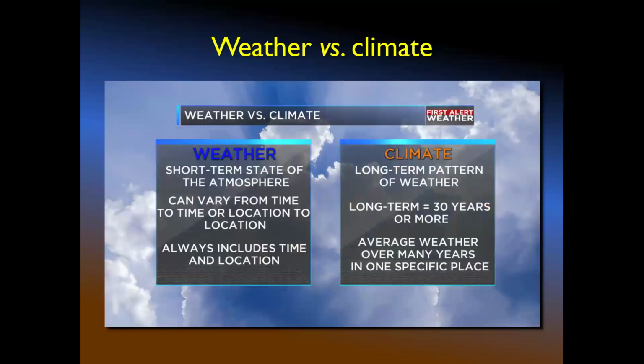Whereas climate is long-term weather patterns, which are more stable because they're long-term. They have been observed for up to 30 years or even more. It's the average weather over many years in one specific place, so you already know that it's probably going to be fairly chilly this January. Now, that doesn't mean we might not have some warm days because it is California and that's the way things work. But it's likely that January and February will be pretty chilly, and it's likely that next year, July and August will be pretty warm.